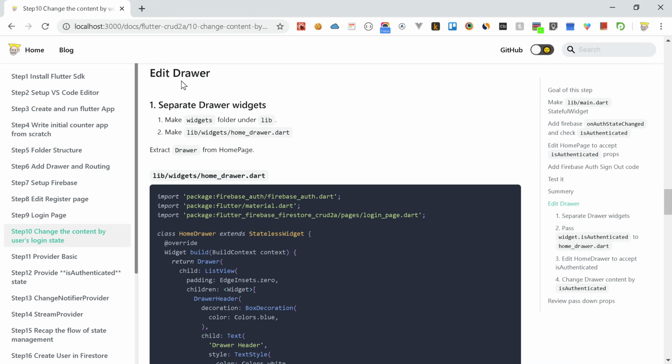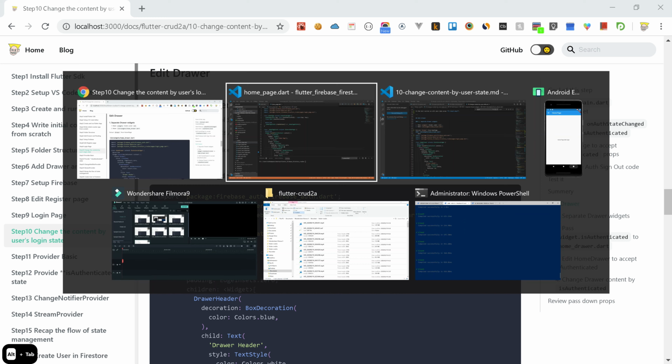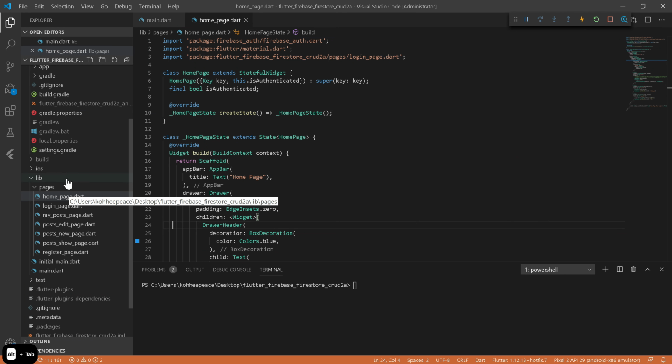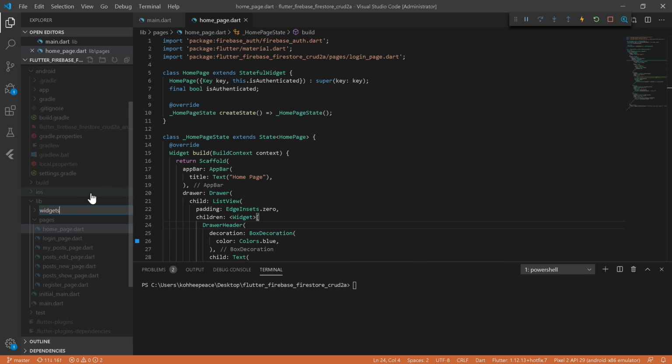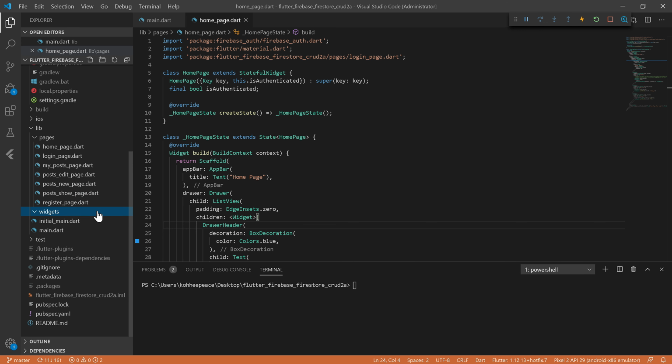Okay, so let's start this section. Edit drawer, one separate drawer widget. So make widgets folder and a lib folder. So open editor, this page. Inside lib, make widget folder, widget. And inside the widget folder,